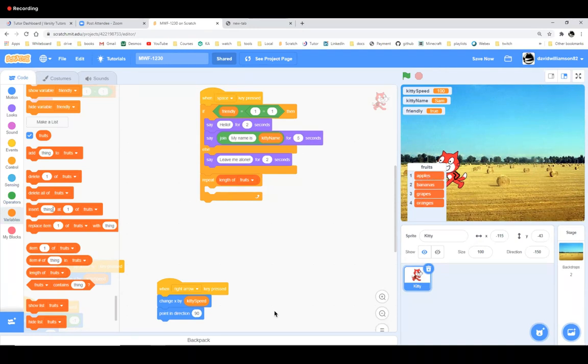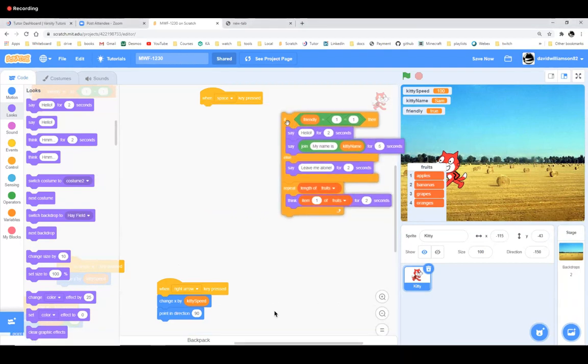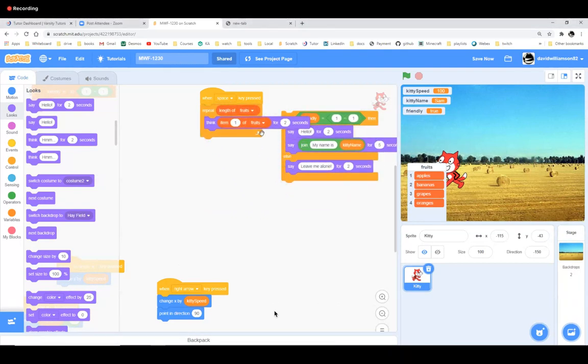So for each item, I'm going to say item 1 of fruits. But here's my problem. If I do it now, I just want to take away this "hi, my name is" thing for a second.